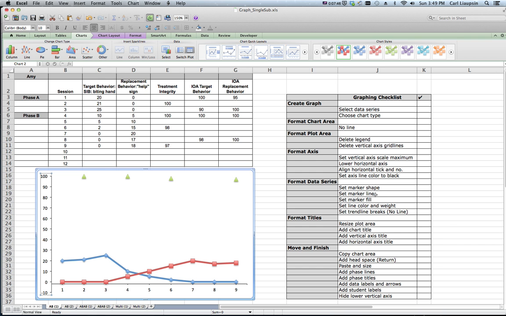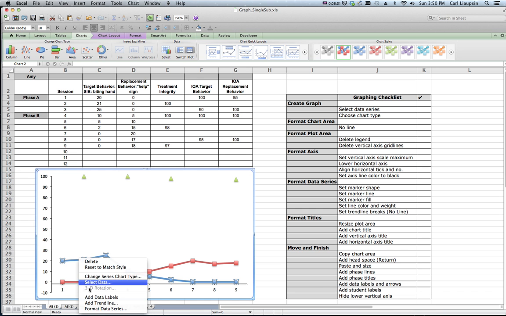When we get to our next step, which is going to be setting marker shapes and formatting these data series, I'm going to use open and closed circles as the marker shape because I think it's easier to begin with open and closed markers instead of just closed markers. I think it's easier for readers to see. And for the treatment integrity, I'm going to probably stick with a triangle and an open triangle. But let's start with series 1, and we're going to